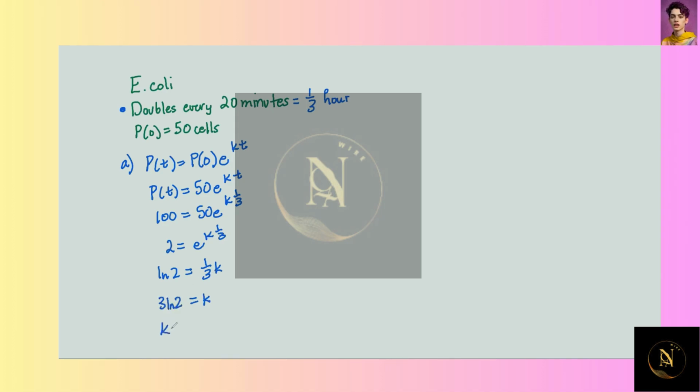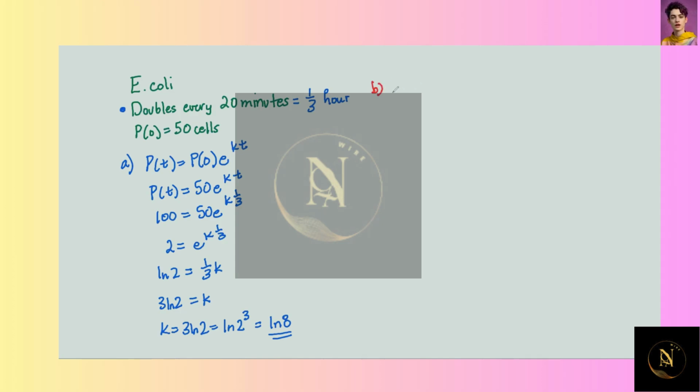I'm going to switch sides. And if I want, I can bring that exponent, do a little log rule. That multiplier of 3 can become an exponent. So k is actually natural log of 8. All right, so that's going to be helpful. Anyway, that is our k value. And so that's part A. Okay, so part B now, we are going to